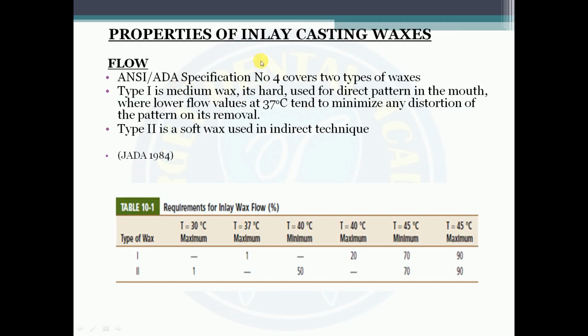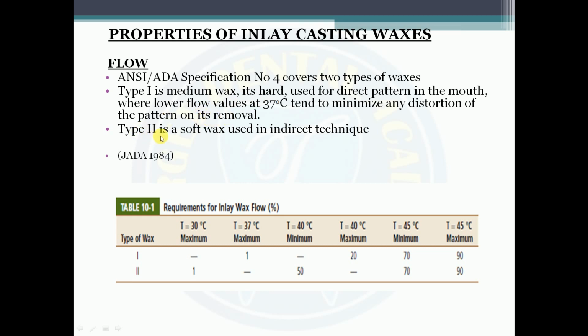Coming on to the properties of inlay wax. Flow. According to ANSI and ADA specification number 4, it covers two types of waxes, that is type 1 and type 2. Type 1 is the medium wax, which is hard and it is used for the direct pattern in the mouth, whereas lower flow